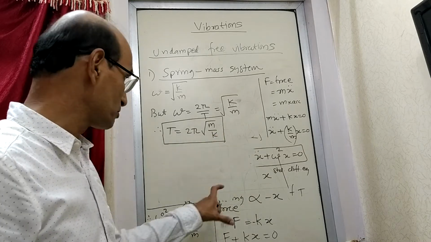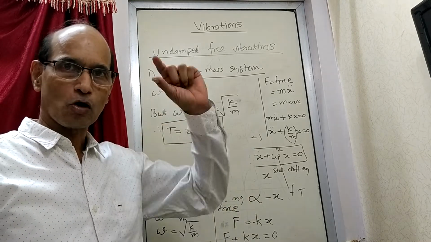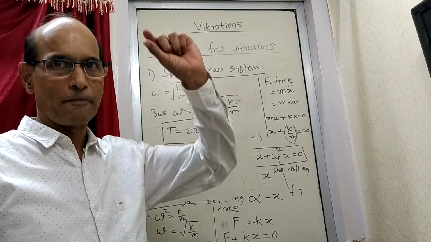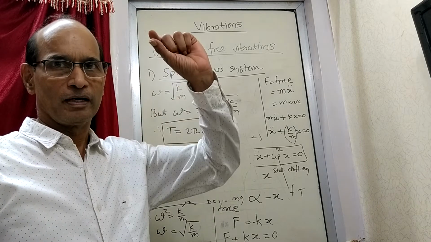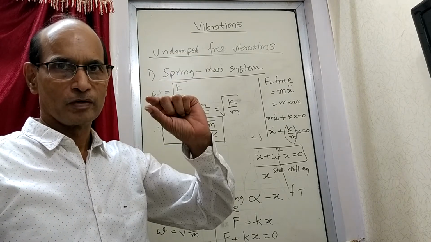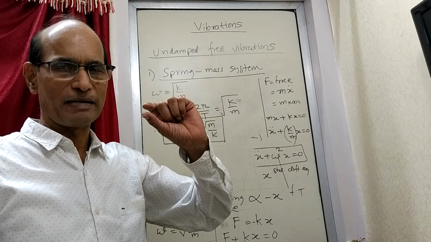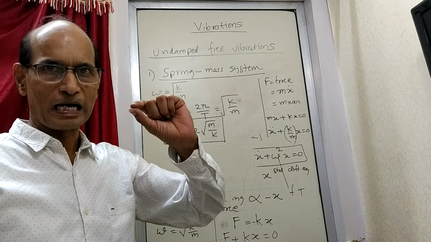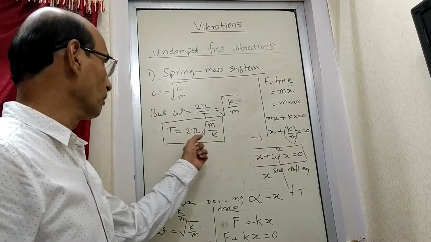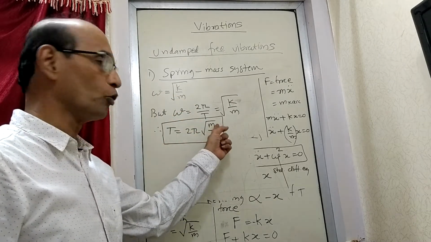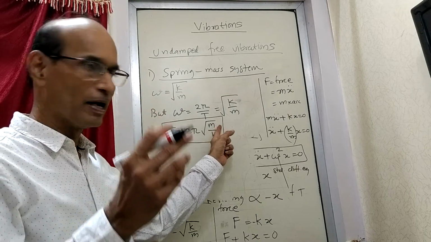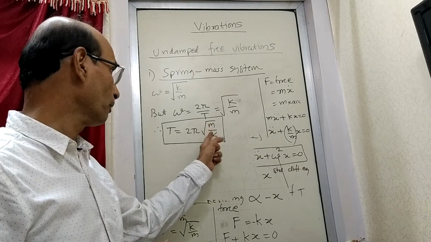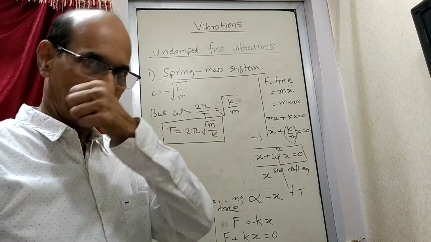That means for this spring mass system, when it starts oscillating, suppose it is oscillating like this. From this point it goes up and comes again to the same point here. That means this is one complete cycle. So it has taken capital T as the time to move from here to up and again back down. So this periodic time T is given by this equation. If you know m, that means the mass that is connected, and if you know the stiffness of the spring, then you can find out how much time it is going to take.